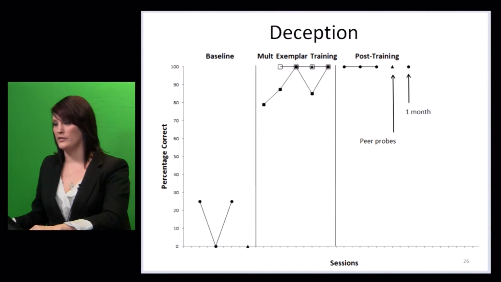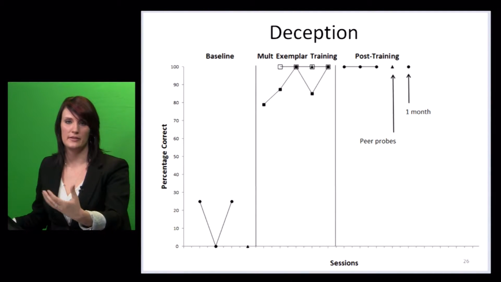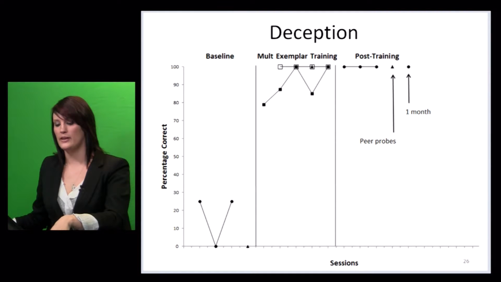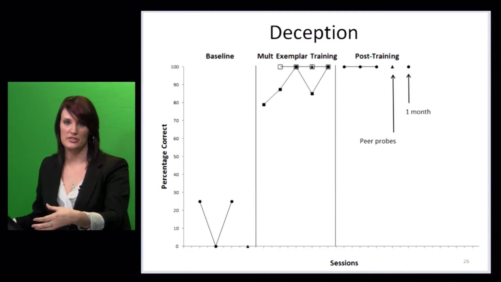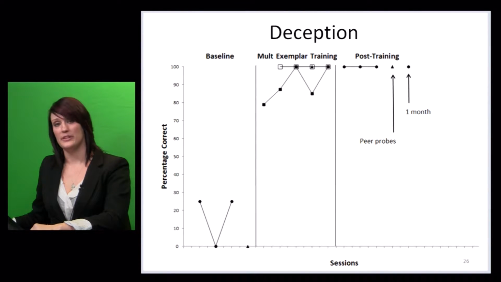So here's an example of one of the children's data sets. In baseline, the child was only responding less than 25% of the time to the lies we stated. And I want to have you note that this was not a fun study to do. We had to purposely lie to the children, but we did include these lies in fun play sessions, so we weren't necessarily being mean to the children, and we did redirect them after a few minutes after responding to the lie. But the children were visibly upset, but they didn't know what to do about it. They really said, oh, okay, I guess I'll just go play by myself.